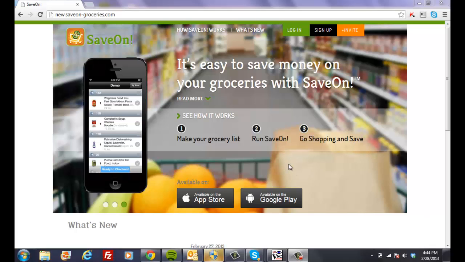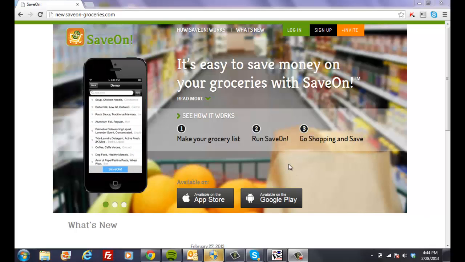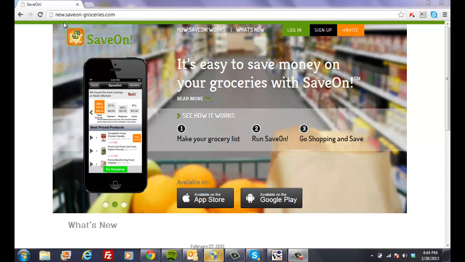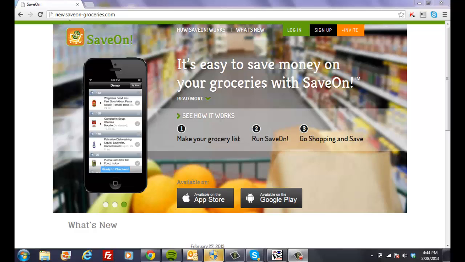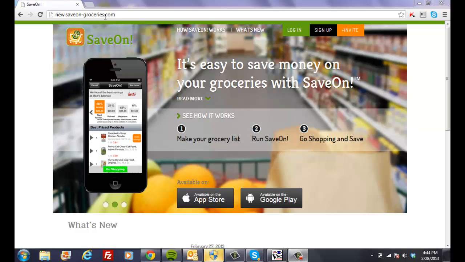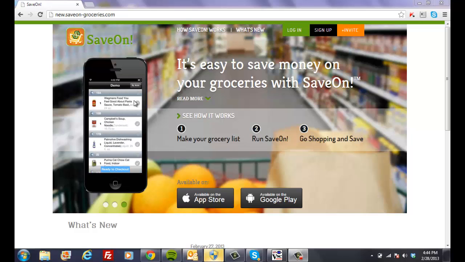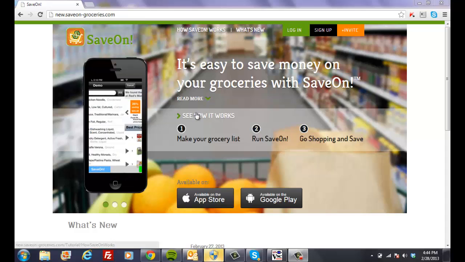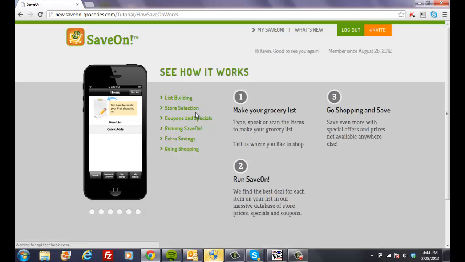Okay, last thing I'd like to show everybody is the website that goes along with the app. And you can see the URL for our website. This website is not a public website yet. It's new.saveon-groceries.com. And this is exactly what you need to type, new.saveon-groceries.com. And in here you've got public information, so you can see more details about how the app works, and